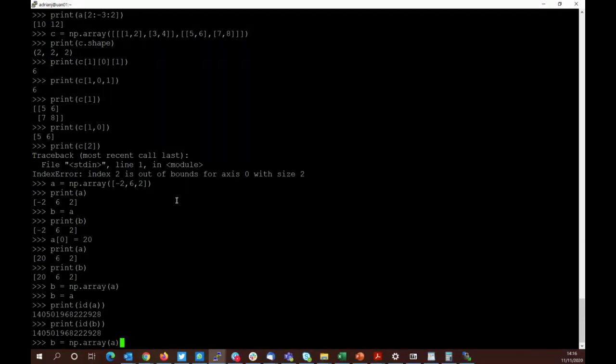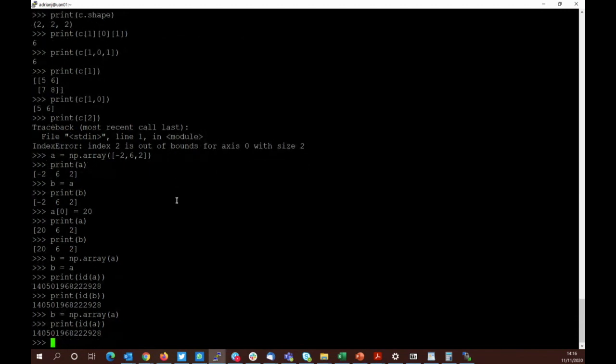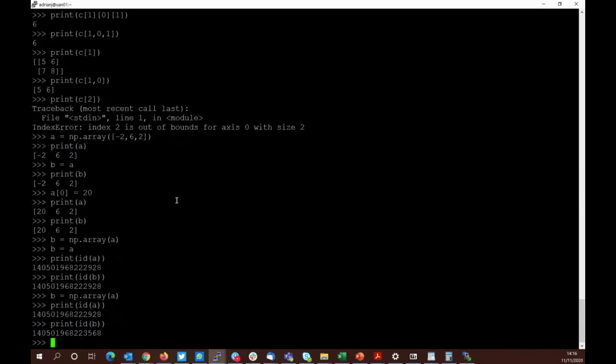If I did B equals np.array(A), and then did identity of A and identity of B, you can see they've got different numbers going on here. So they're actually different objects. You don't have to use np.array, though. There's actually a copy function which lets us create copies of arrays. So if I did C equals A.copy,